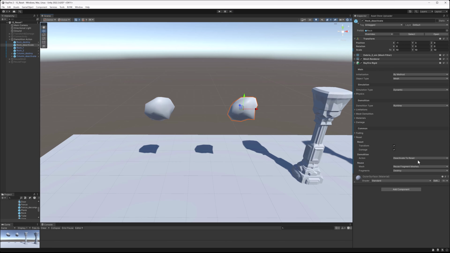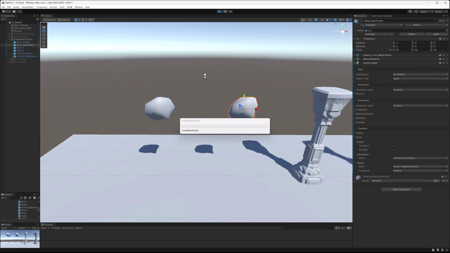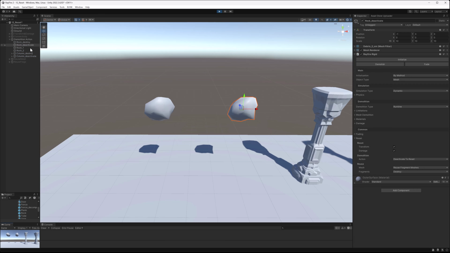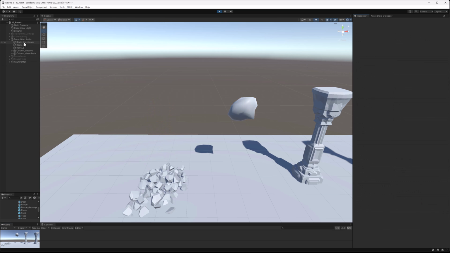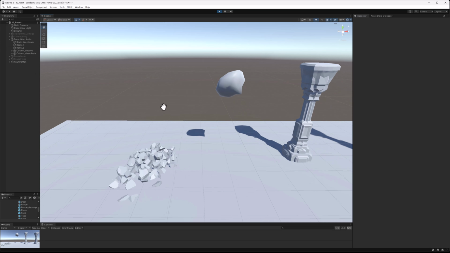For the right one, I'm using deactivate to reset. It means that object will be deactivated, but it will stay in scene, deactivated, and you will be able to reset it at any moment. So here you can see object was in hierarchy for a second, and now it is completely destroyed. You cannot